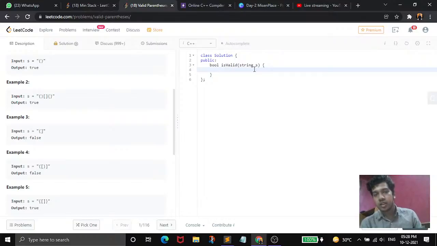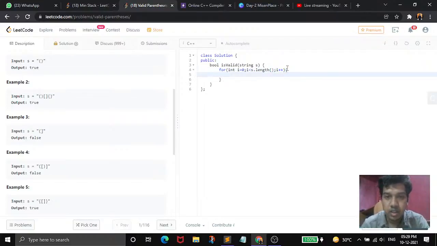Firstly, for implementing this, they are giving us a string, so we have to run a loop for the length of the string so that we come to know when we have to stop checking the parentheses. So let's create a for loop first. For int i equal to 0, i less than s.length, i plus plus.